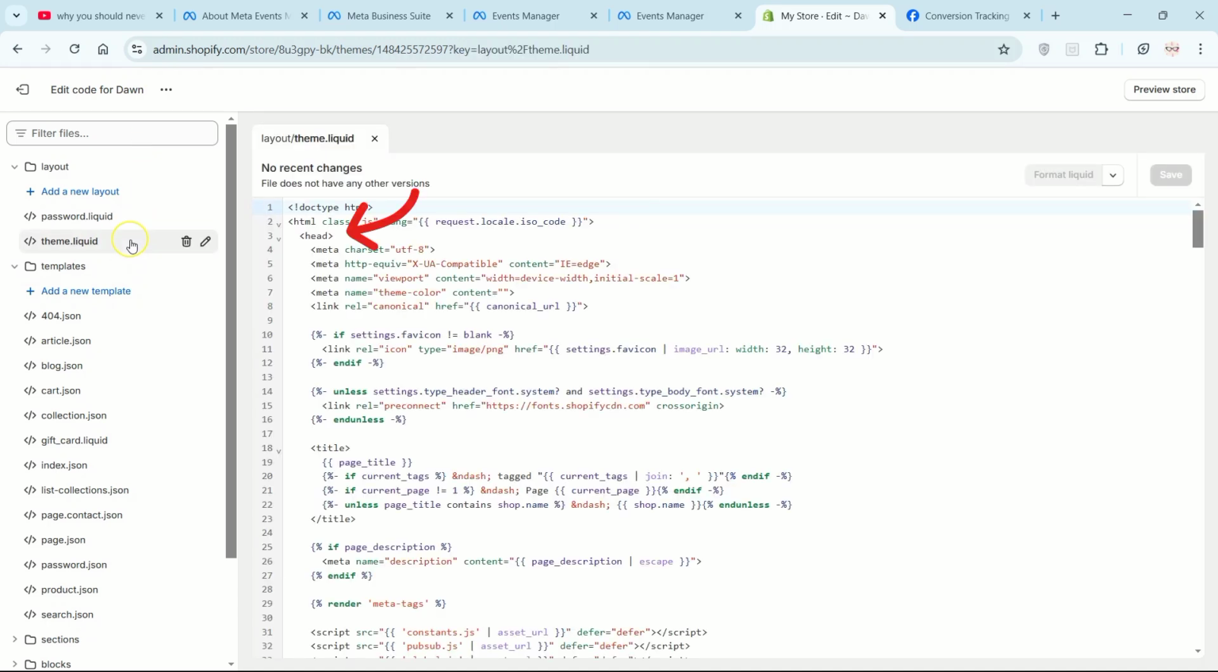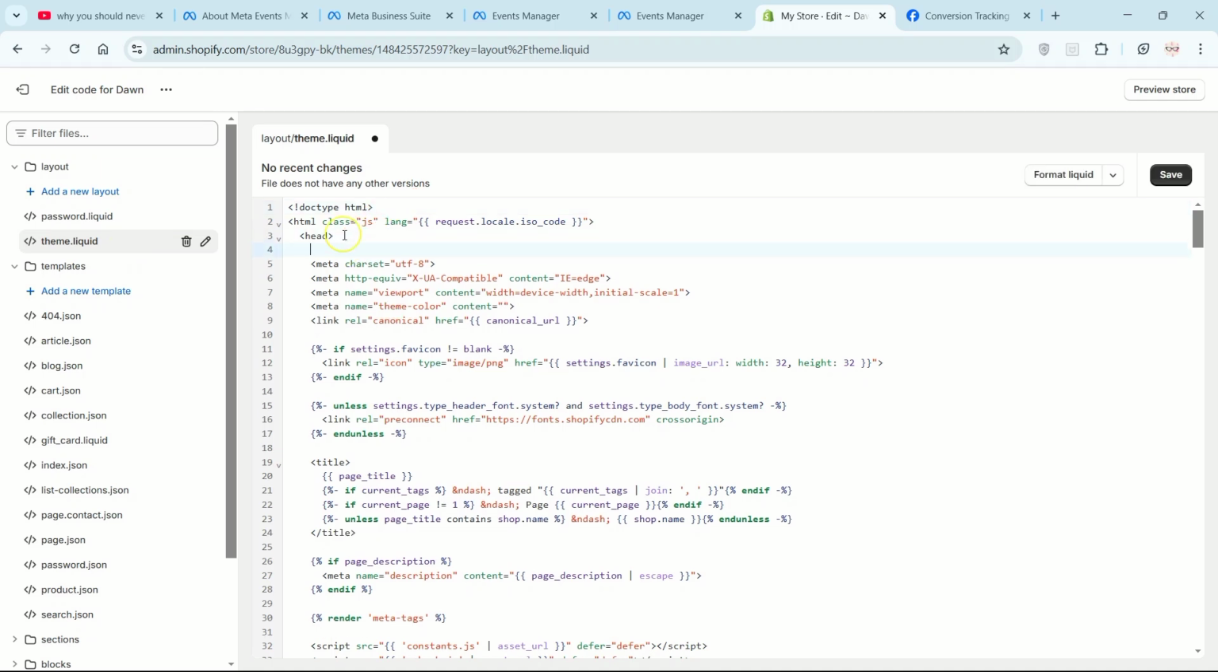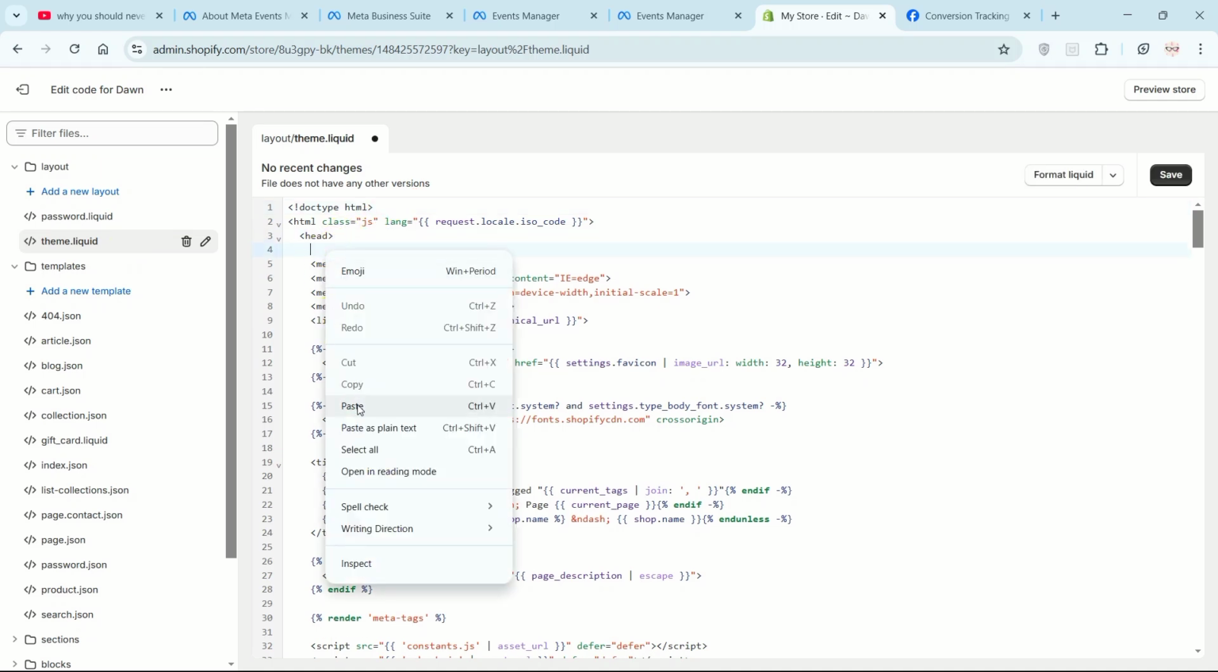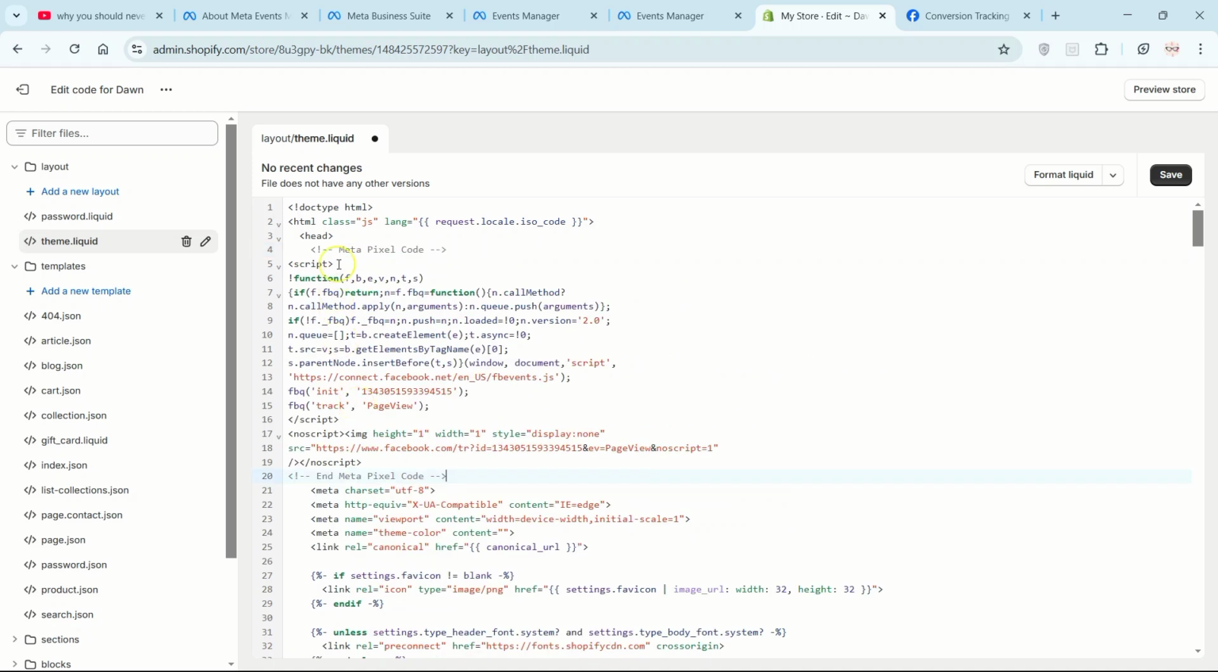Now locate the head section in the code and then press enter to create a new line under head. Here what you have to do is paste the pixel code which you copied earlier. Once done, click on save in the top right corner and this will now track page views for your Shopify